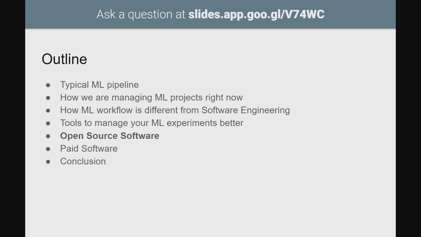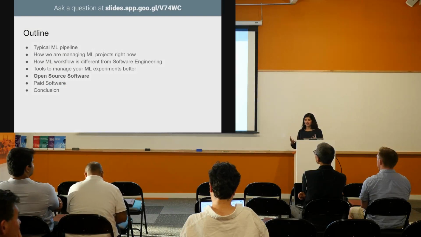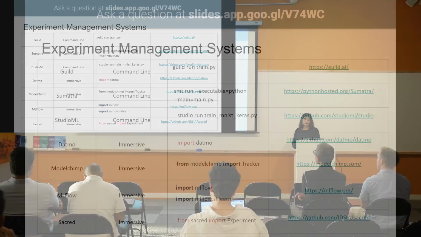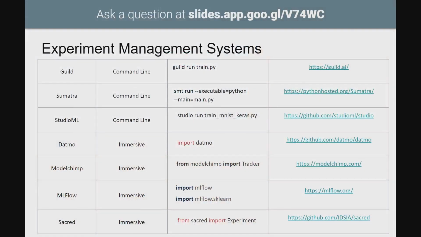I've been studying this for a while, and it's a lot to get into, so I have summarized as much as I can, and we can get into details of things in a bit. But there are so many experiment management systems that are available right now for free and well managed and well maintained for you to try. My favorite one is guild.ai. That's the link, and feel free to take a picture if you want.